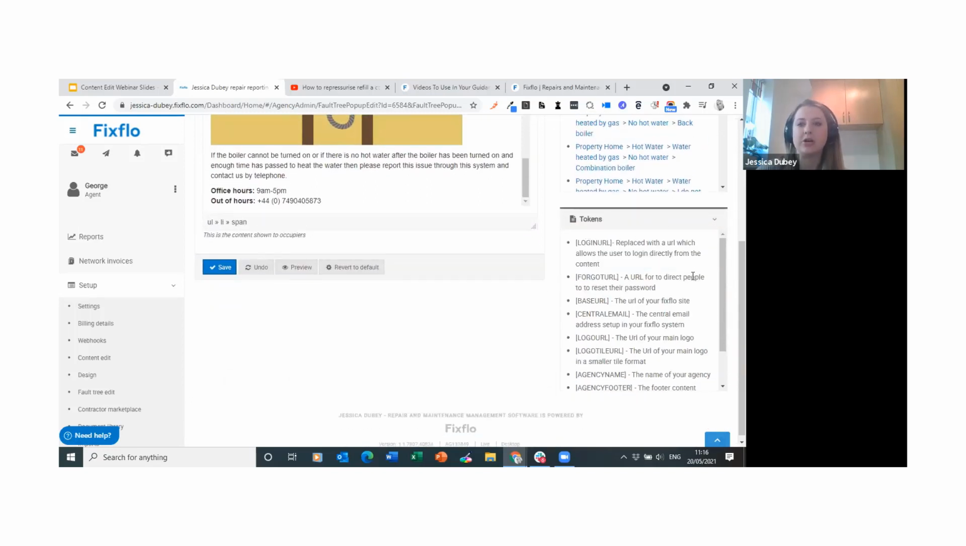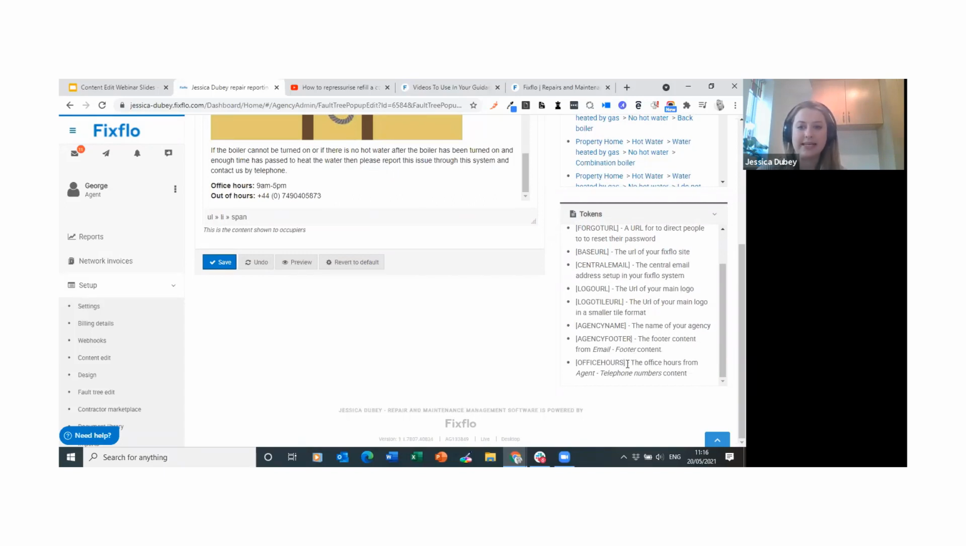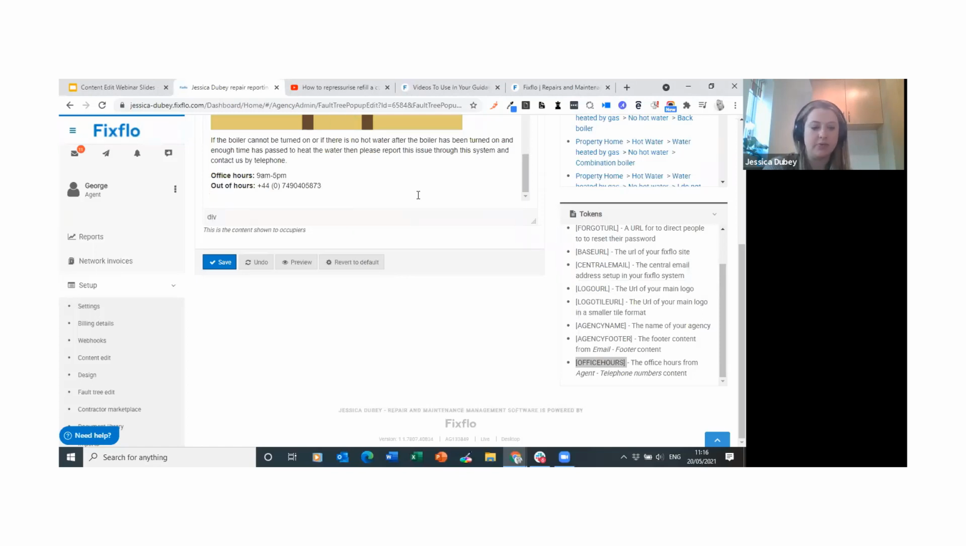Now, this is where you could, for example, add a token, for example, the URL of your Fixflo site, just like lots of companies do. You can add tokens to then pull through information into these pop-ups. If I scroll down, we can see office hours is at the bottom here. And if I had updated the agency numbers, as I showed you a few moments ago, I could then use this office hours token in any of my pop-ups. Remember, I would literally just copy this. Obviously, I've got numbers here, so this isn't the best example, but I would put office hours and then press save, and those numbers